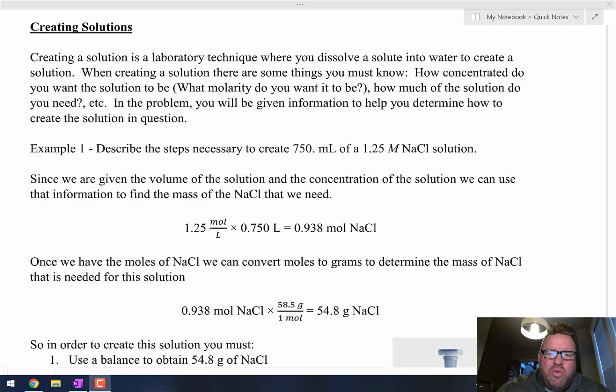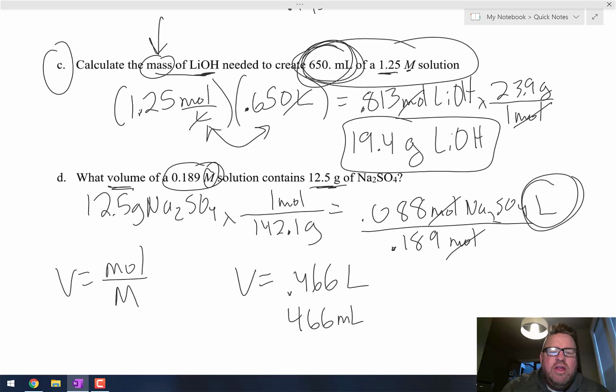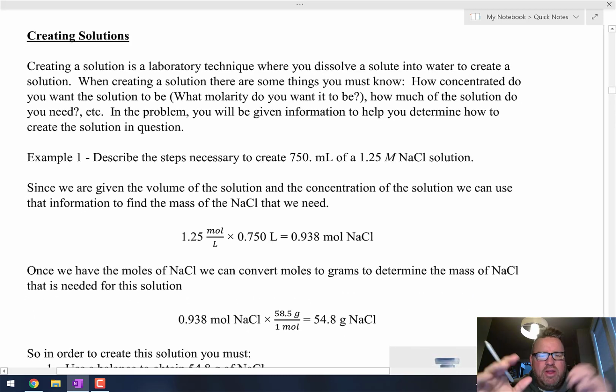In our video yesterday, one of the problems that we looked at dealt with, I believe it was letter C, where we had to figure out how much lithium hydroxide we needed to create that solution. It was 19.4 grams of lithium hydroxide. So that's what today's video is about, a little bit more detail about how you actually make